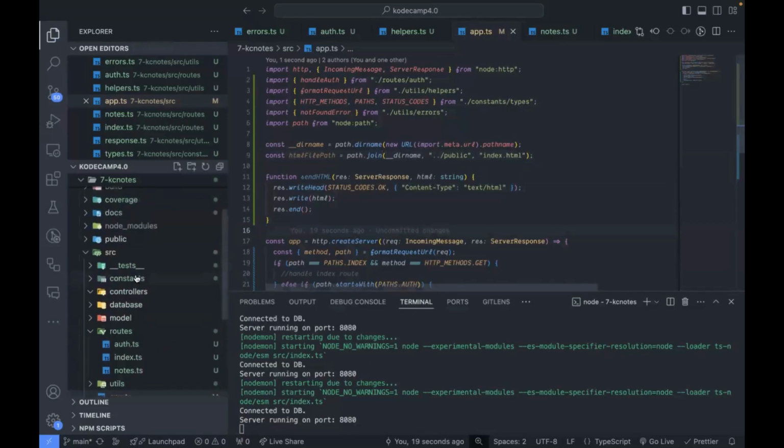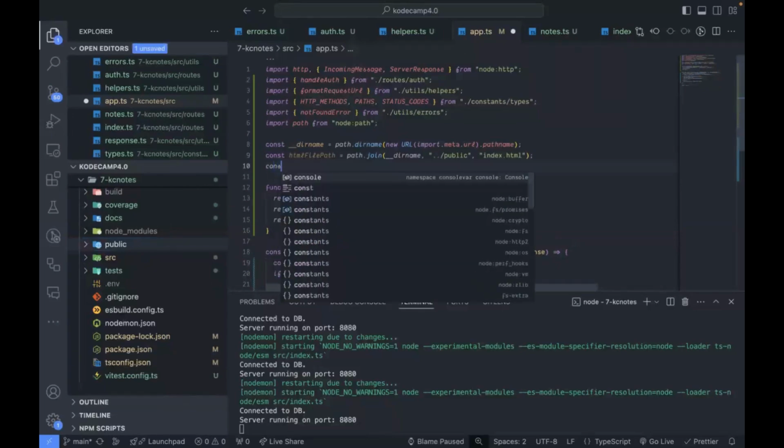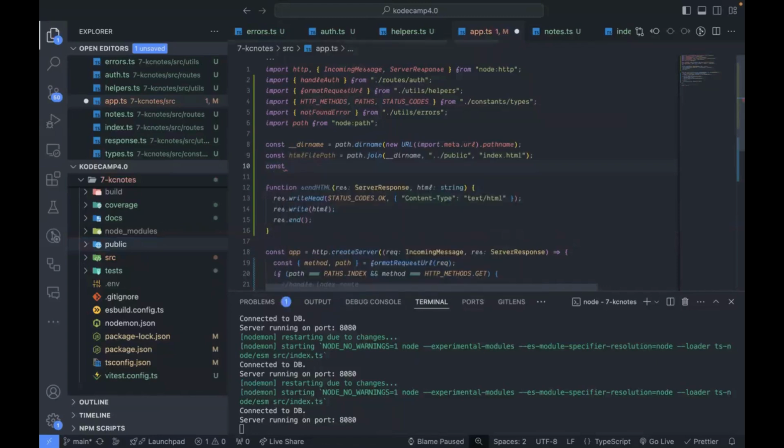No, it's not in the source. The root directory / public, and then / our index HTML. So now that we're getting the HTML path, we want to read the HTML content and then send it to the client. So we'll say const HTML file content